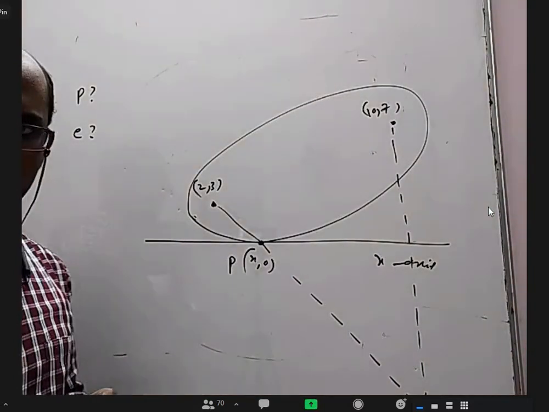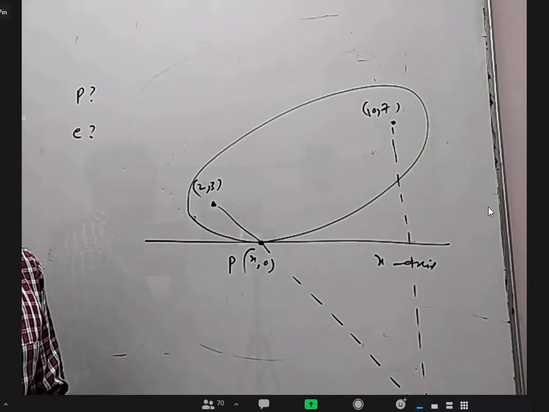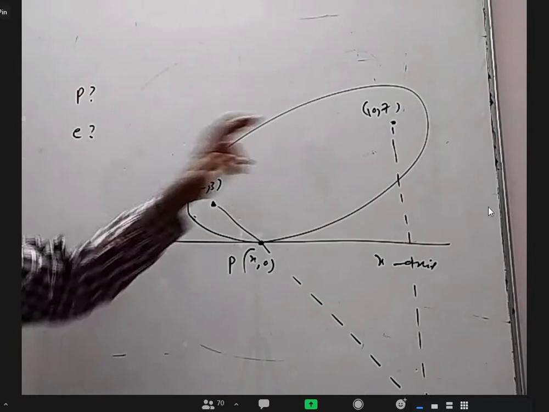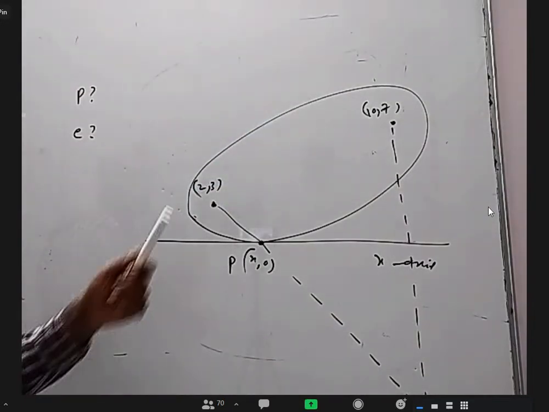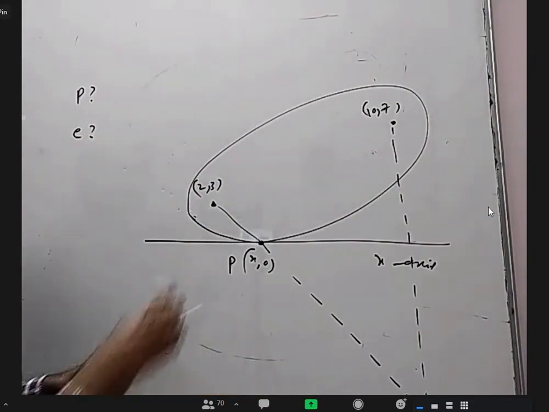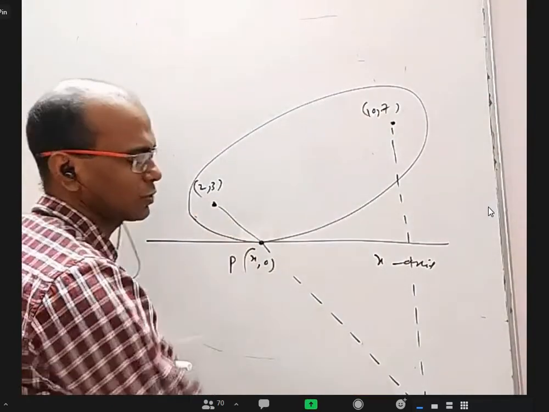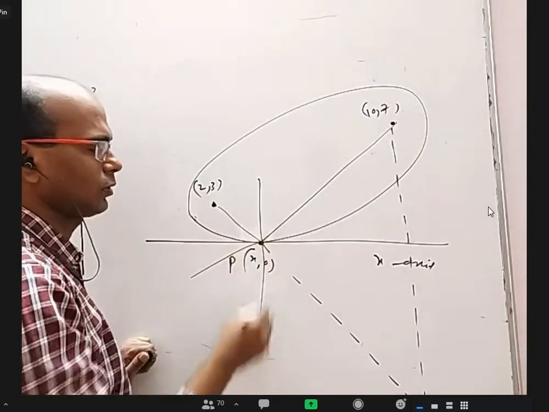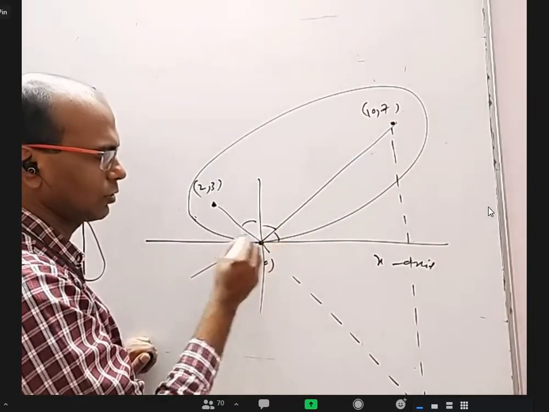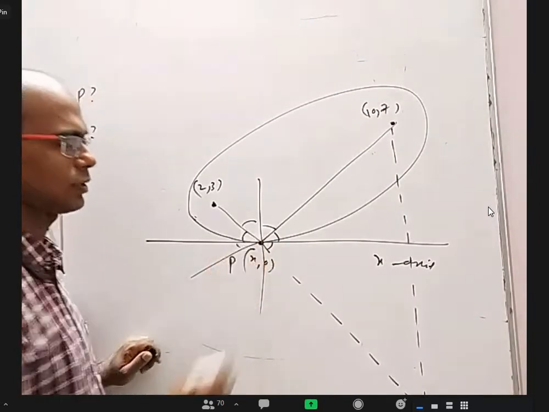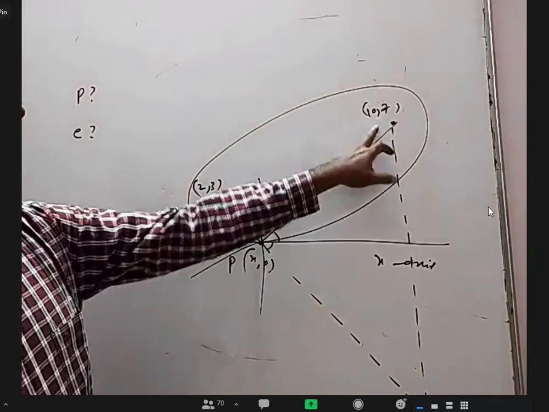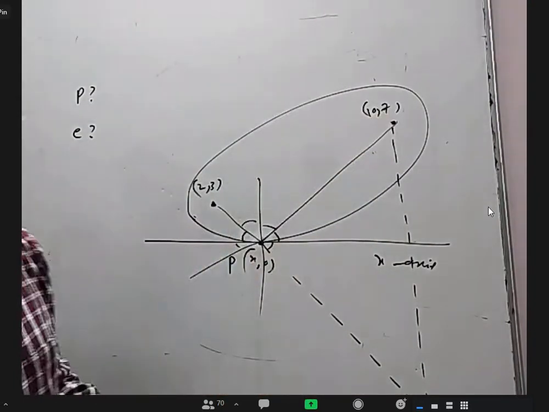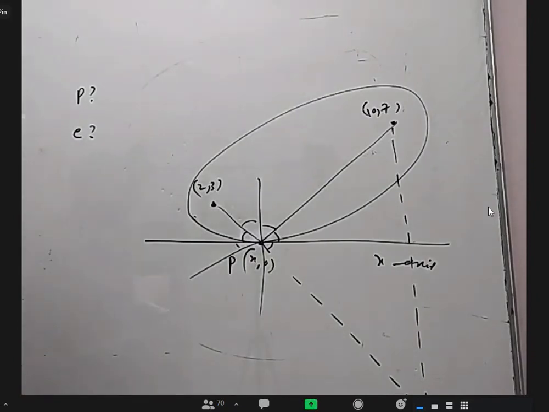We discussed that, right? The image of one focus with respect to any tangent will be collinear with the other focus and the point of contact of the tangent. And we know this plus this is 2a. In fact, if you draw this and extend it and draw the normal, we know these two angles are equal. So these are collinear. Find this image, which is (10, -7). The distance between them will give 2a. This is 2ae. You know 2a and 2ae, so I think you can find the eccentricity.